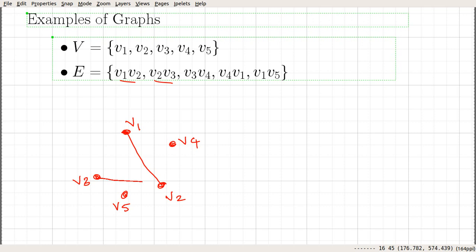Okay, so let's introduce this edge v3, v4, v4, v1, v1, v5. Okay, so this is how we pictorially represent such a graph.